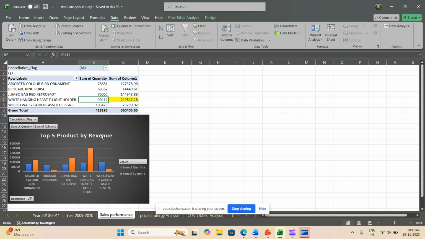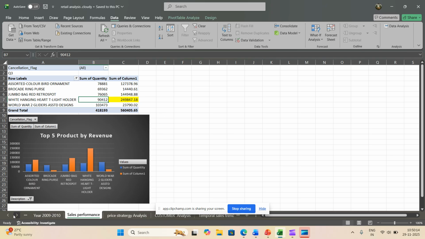Then I sorted the pivot to find the top 5 products by quantity and the top 5 products by revenue. Here we can see the fourth product, white hanging heart tea light holder, is high in the revenue column. This helps me understand which items drive the most sales and income.